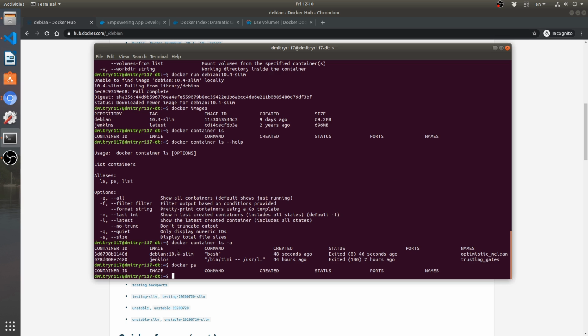Now, while it did pull the Debian Slim down, the container shuts down right away as soon as it starts. So over here it says exited 46 seconds ago. Essentially this means that the Docker container started, ran, and exited. The thing about Docker containers is that there has to be a definition of some sort of command that is going to keep running a service throughout the entire life of the container. If the container signals that it stopped running a service, it will exit and stop working to free up the operating system